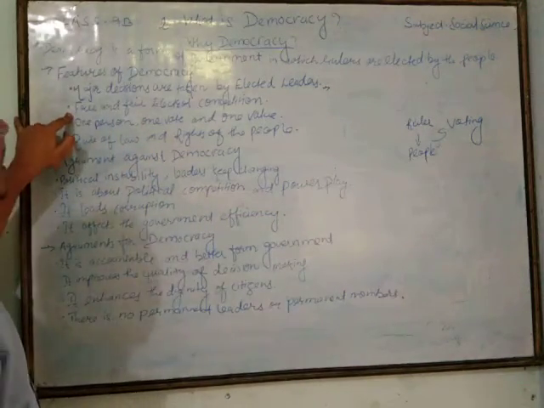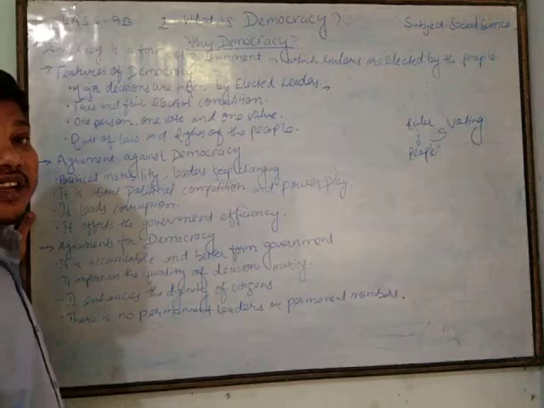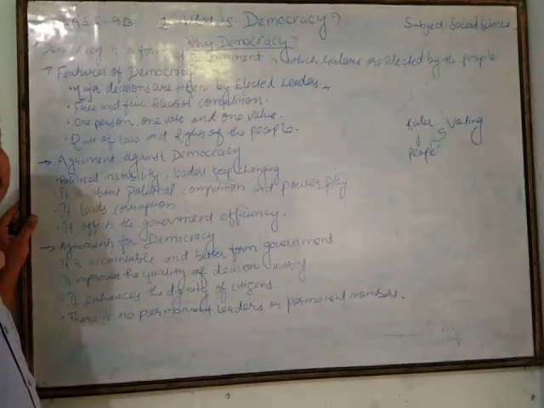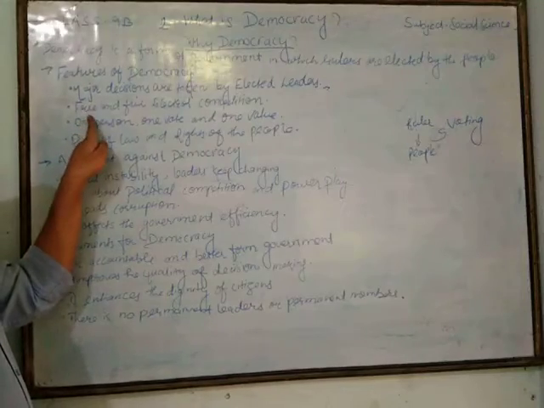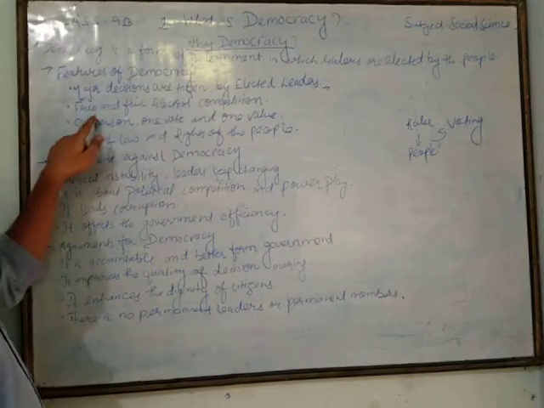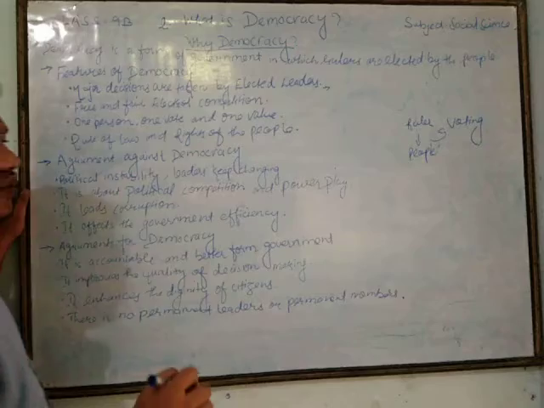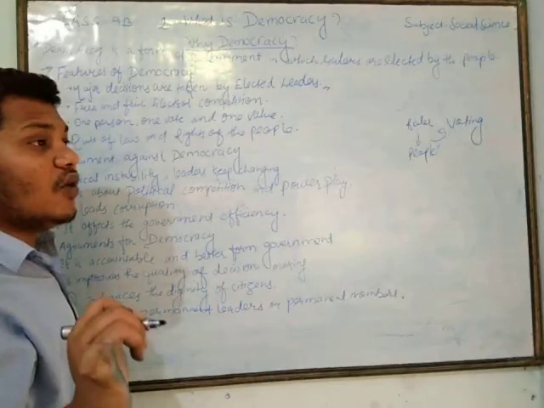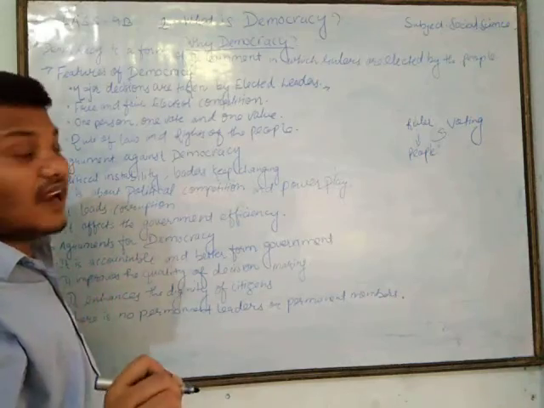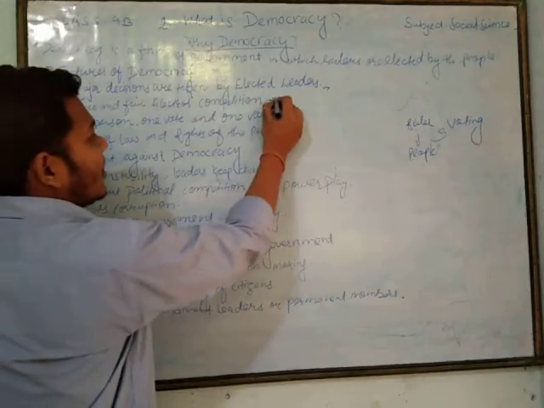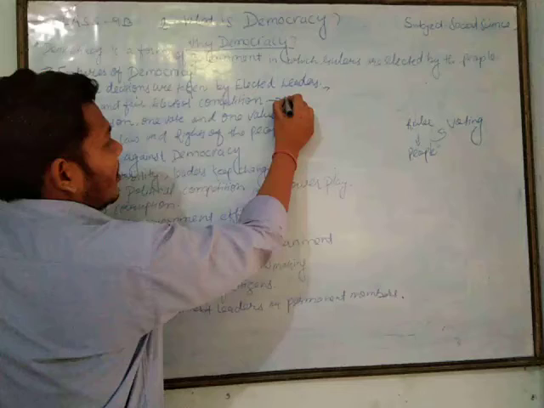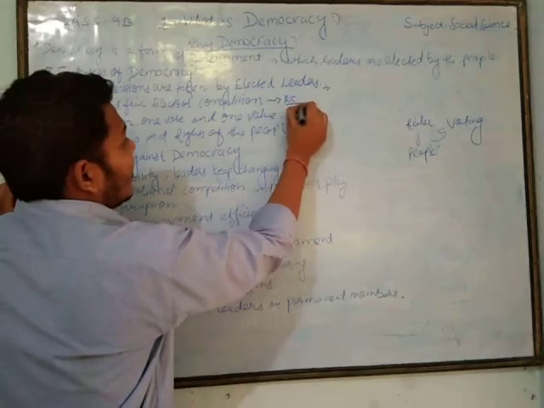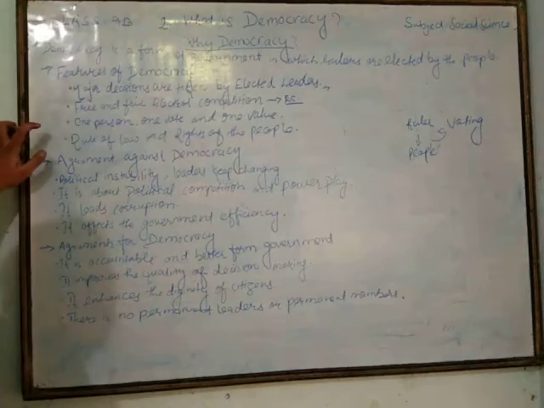Now, free and fair electoral competition. We have elections every 5 years at each level: local level, state level and central level. So, what is a free and fair election? It means there is no violation of any rules according to the code of conduct. The election is conducted, and who is seeing whether there is any violation? The Election Commission. We have an Election Commission in India which has the right to conduct elections in India.